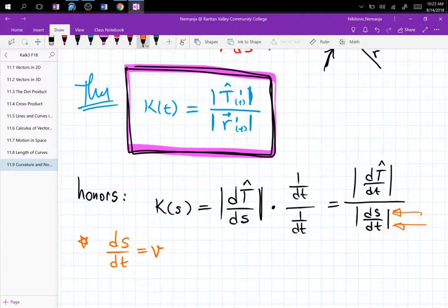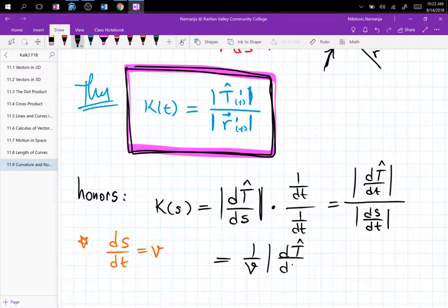Arc length is a distance that you cover. So distance divided by time is velocity. Therefore, your formula up there becomes 1 over v